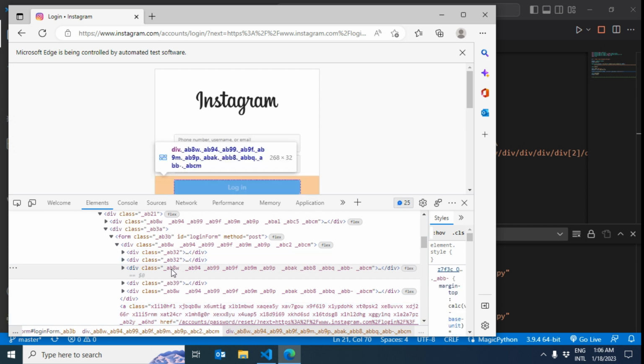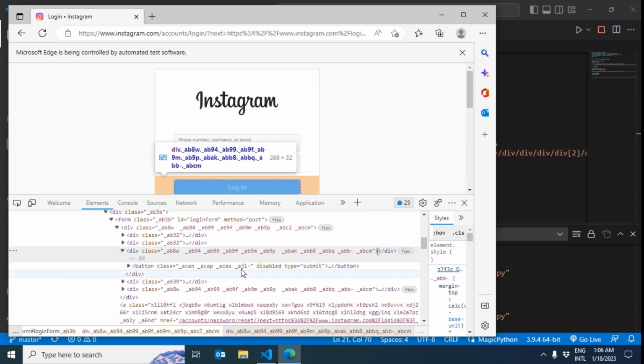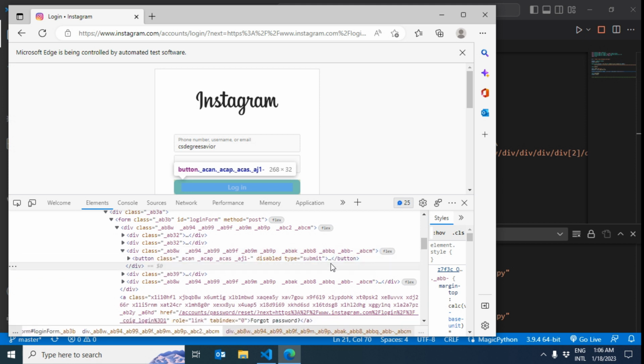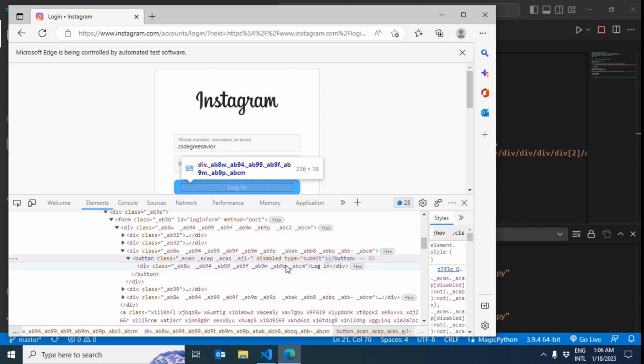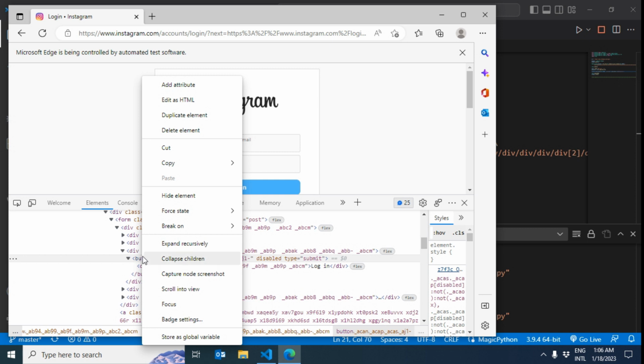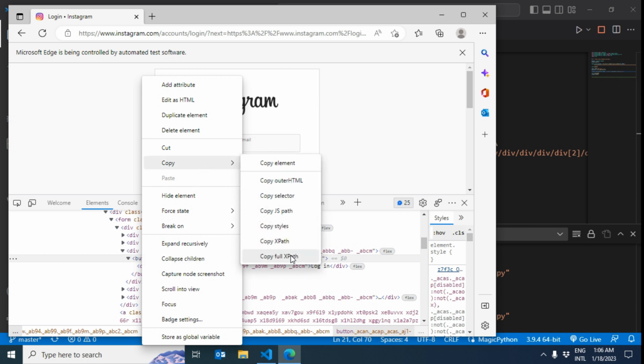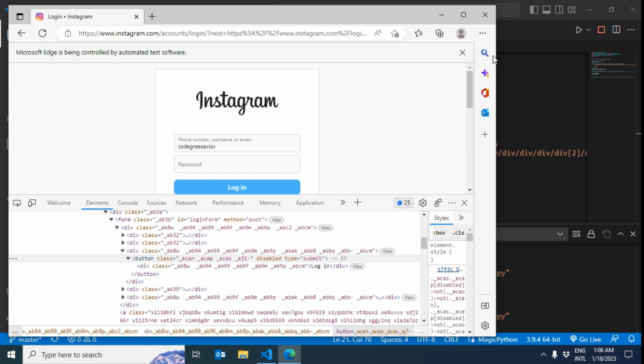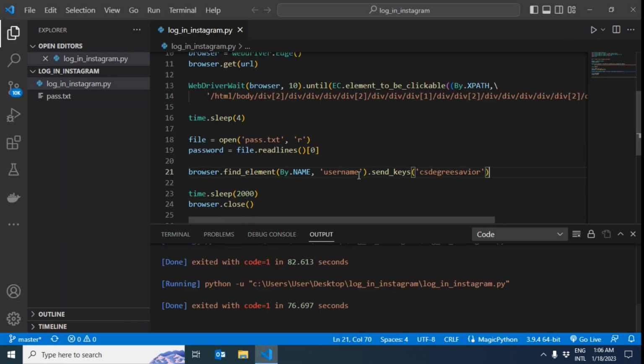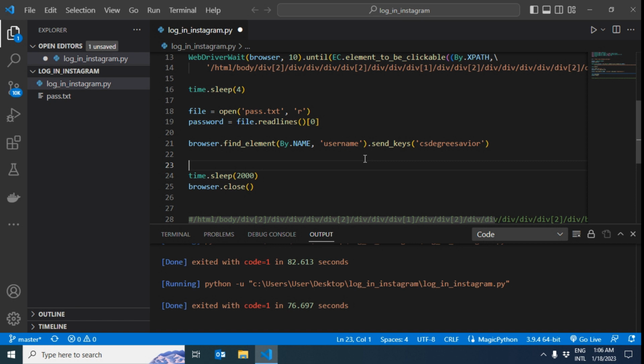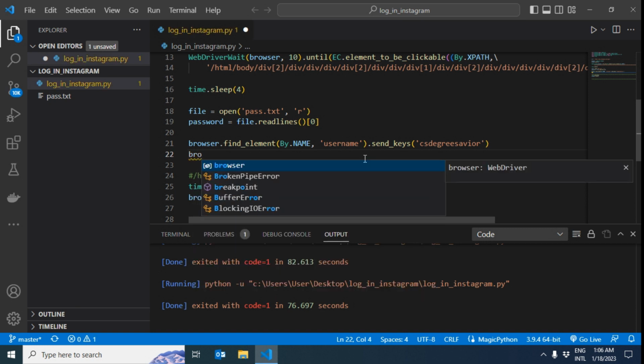We need a button class, and here we have it, the button class for the login. So with right click, I'll just copy the full XPath of the button, and then close the browser and end the program. Here I will comment the XPath of the button, and then firstly we need to send also our password